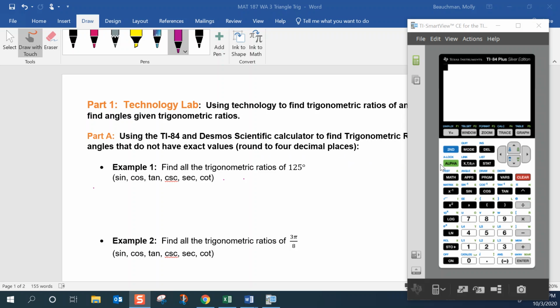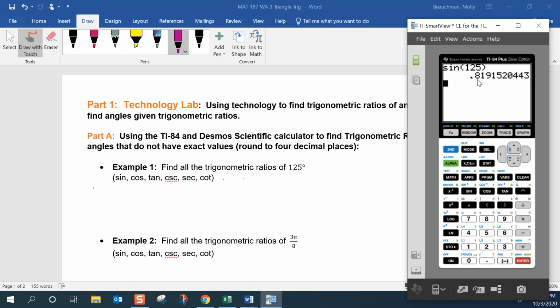So first thing we want to do is make sure that the calculator is in degree mode. So if it's not, you have to arrow over to degree, hit enter, and then quit to get out of there. So sine, cosine, and tangent are using the sine, cosine, tangent buttons that are written right on the screen. So we have sine of 125